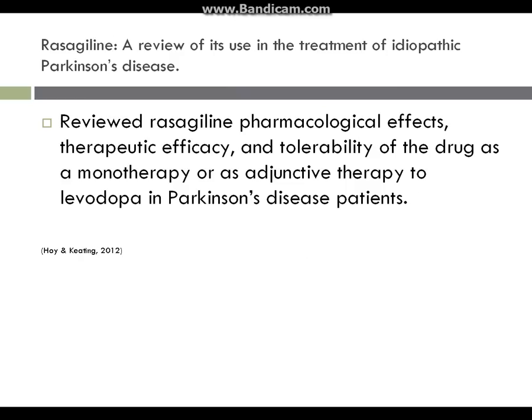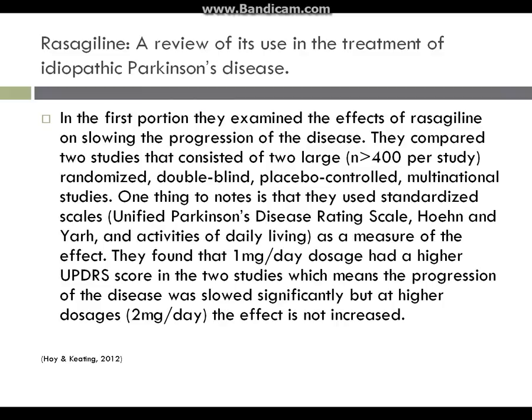Okay, the next research article is Rasagiline, a review of its use in the treatment of idiopathic Parkinson's disease. This paper reviews rasagiline's pharmacological effects, therapeutic efficacy, and tolerability of the drug as monotherapy or as adjunctive therapy to levodopa in PD patients. Although pharmacological effects are useful for explaining the mechanism of action, the information of interest in this article was the therapeutic